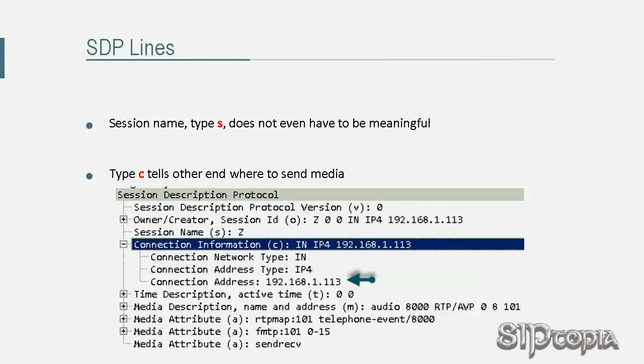Now, one of the most important values to pay attention to when troubleshooting SIP calls is the IP address in the C type description. This is where the SIP client tells the other end where to send the media to in order to reach this end. In other words, C is the IP address the other end must send RTP packets to in a SIP call. If a call is established and you do not see any traffic coming into this IP address, you have a